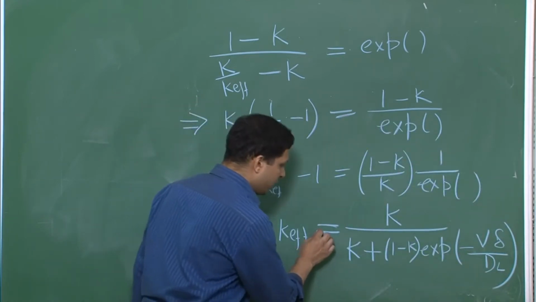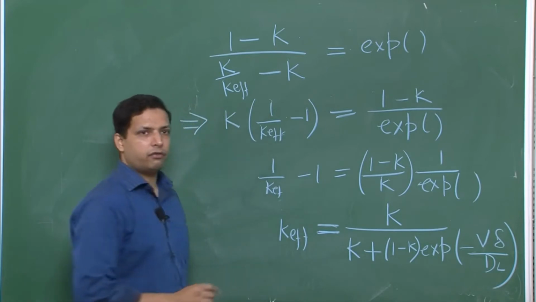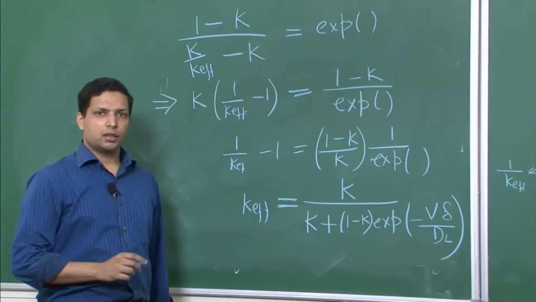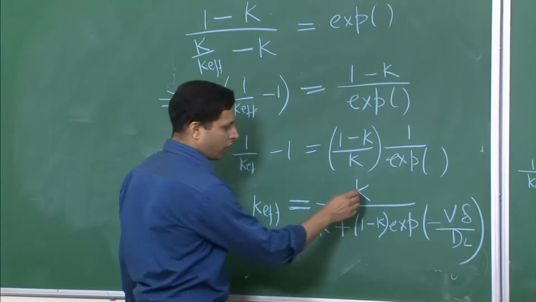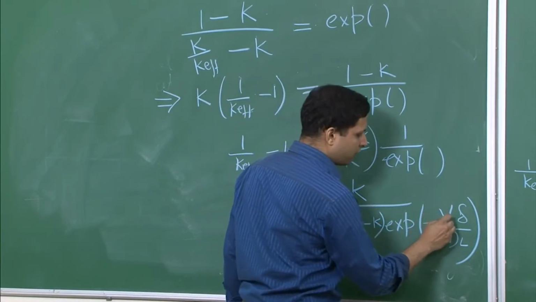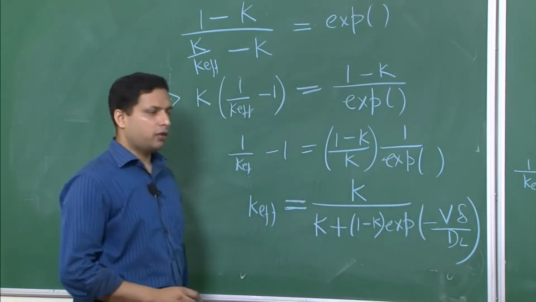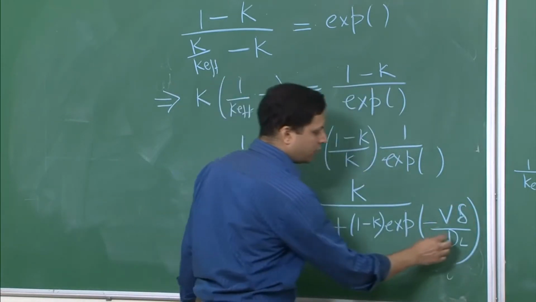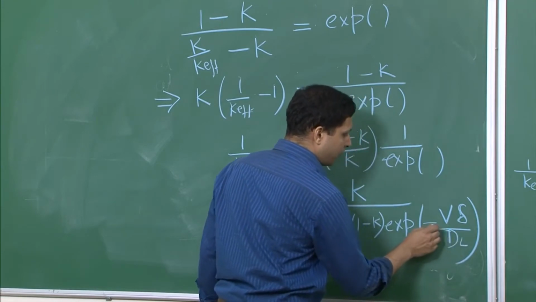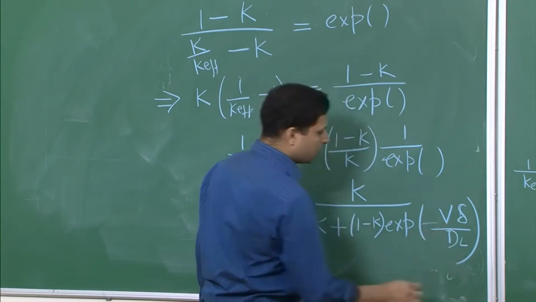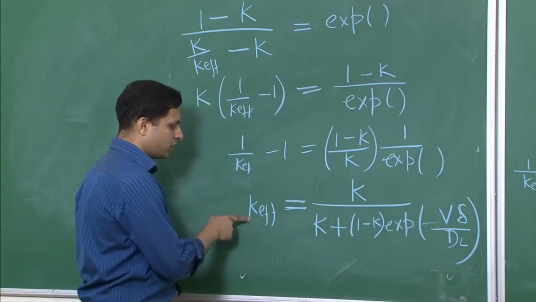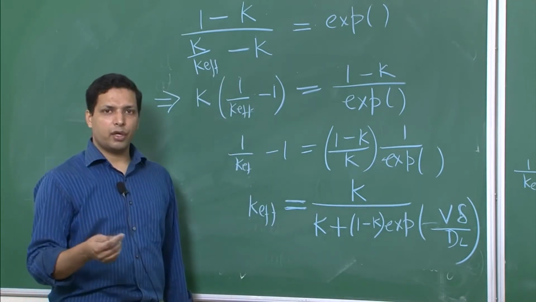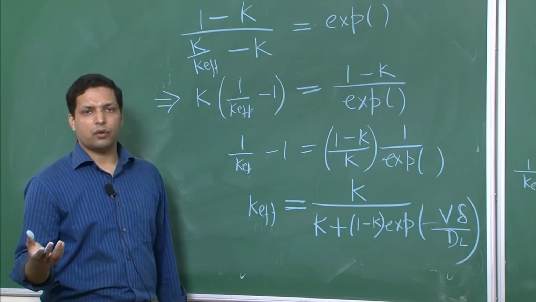So we can find this K effective if we know the slopes of the liquidus and solidus, and from there we get K. If we know the velocity at which solidification is taking place, and because of convection, if we know this delta and the diffusivity of liquid. So we can find an effective value for this term, or the effective partition ratio K effective, meaning what is actually the partition between the solid that is forming and the overall alloy composition.